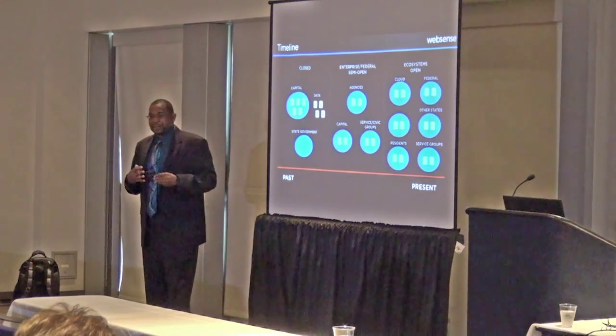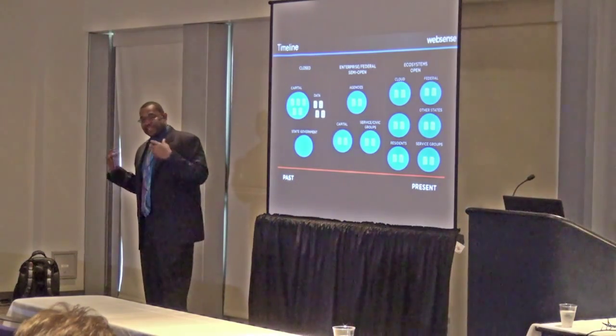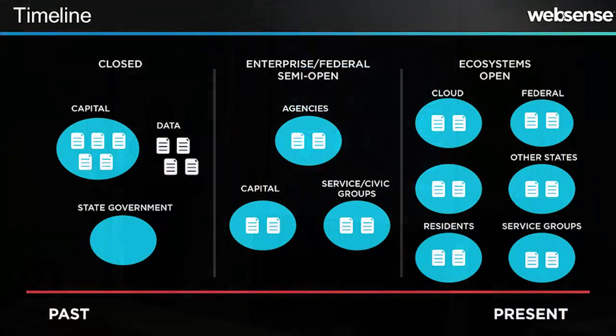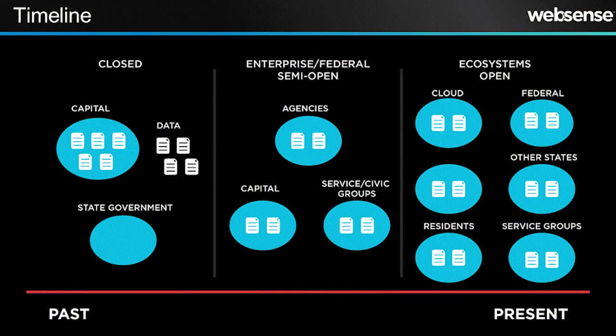And I think now with the cybersecurity framework and some of the pushes from the federal government, it's turned more toward ecosystems. I'm gathering that you're probably hearing that word more than you used to. Let's open up everything. Let's get the cloud involved, because if we all put information in the cloud, California can share information with Michigan, and we can get better data and better refinement of that data. We can also share with the federal government. Oh, let's just open it up to some of the other states.